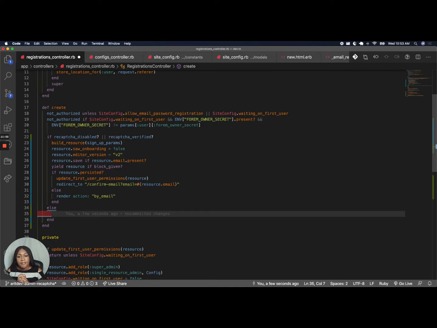If the reCAPTCHA, let's assume it's enabled, hasn't been verified, then we want to probably reload the page and then show some kind of error message that you need to complete the reCAPTCHA, right? All right. So we are going to redirect to,